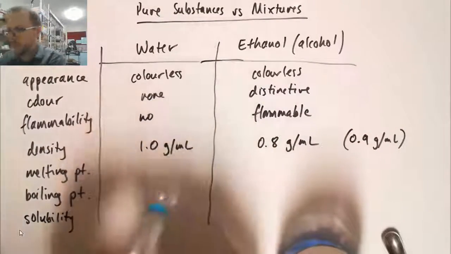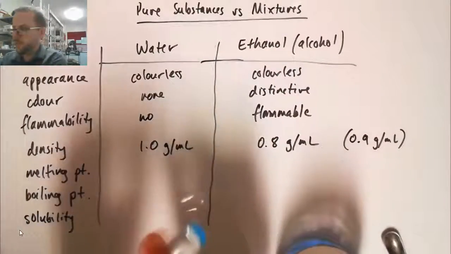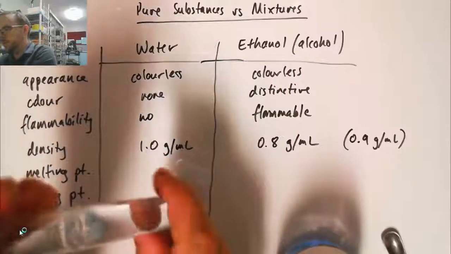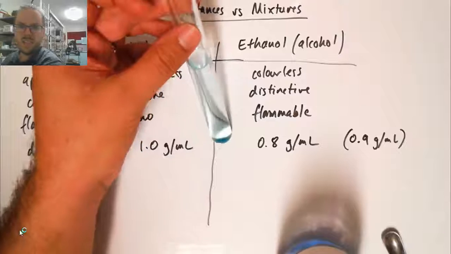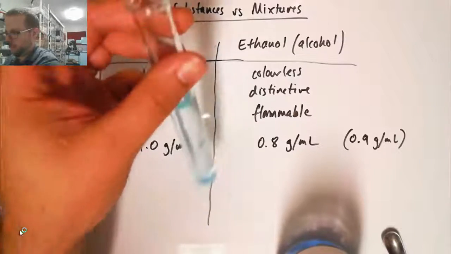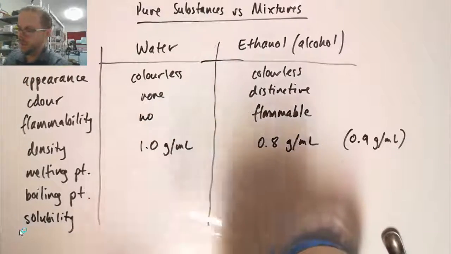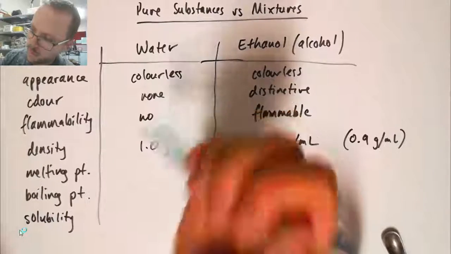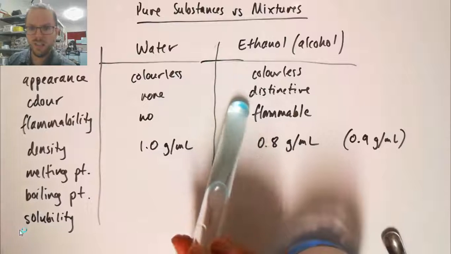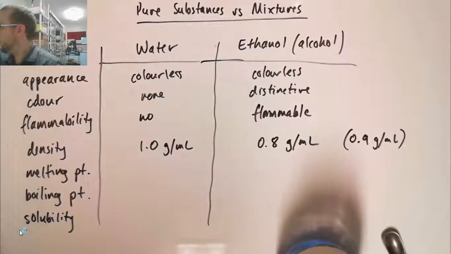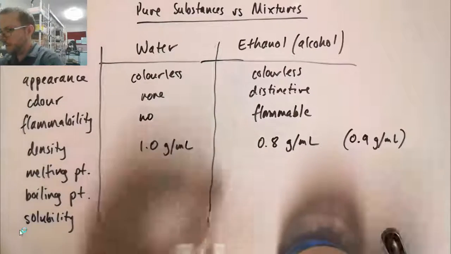If I take some water, take the crystals of copper sulfate and I put them in the water, very quickly I get slightly blue water. All of those crystals, bar a couple of stubborn ones at the bottom that just haven't had a chance to unstick, have dissolved. Now if I do the same thing with my ethanol,